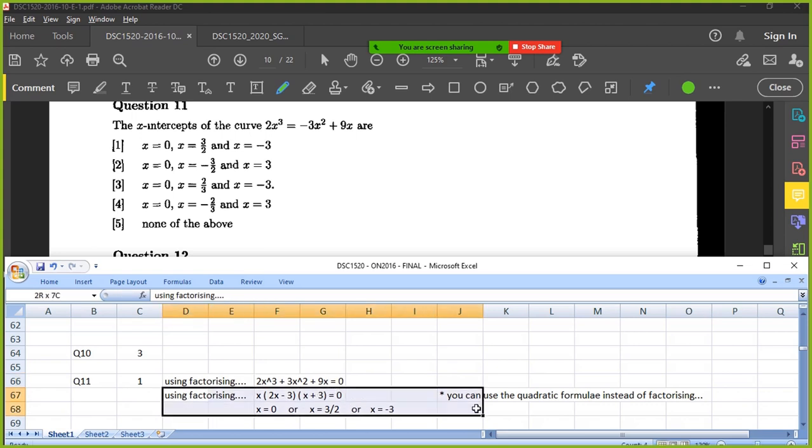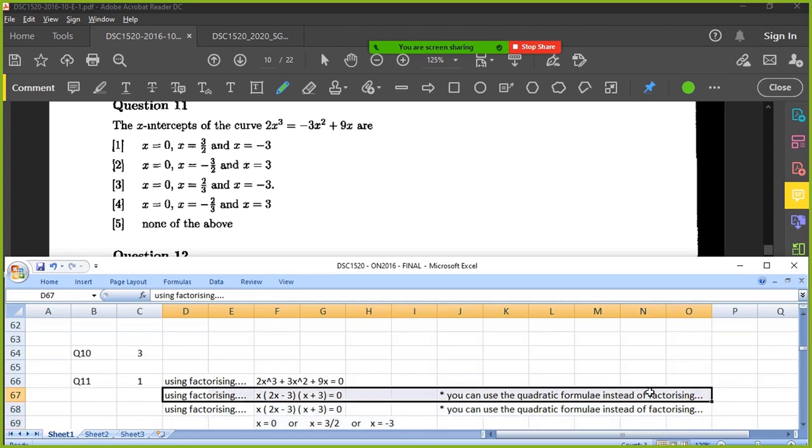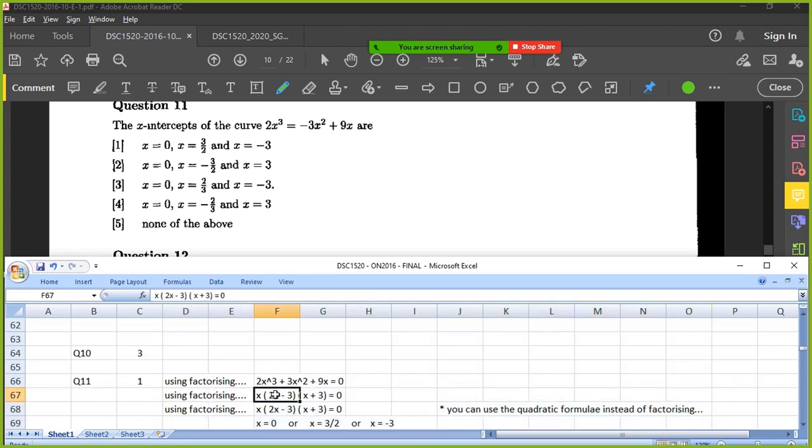Maybe let me add another step. And then here I took out what was common. I took out an x, but then let me just simplify this. I took out an x, and then I was left with 2x squared